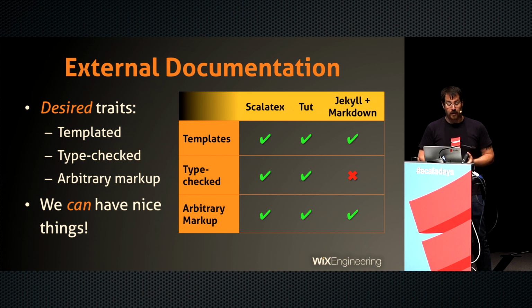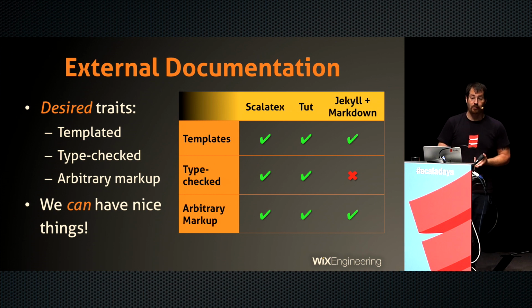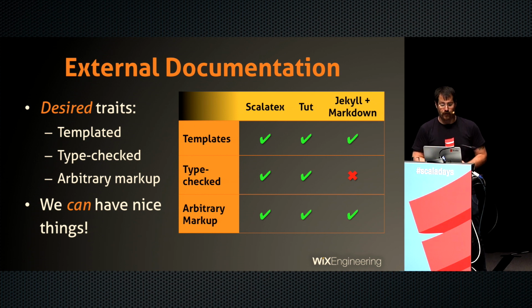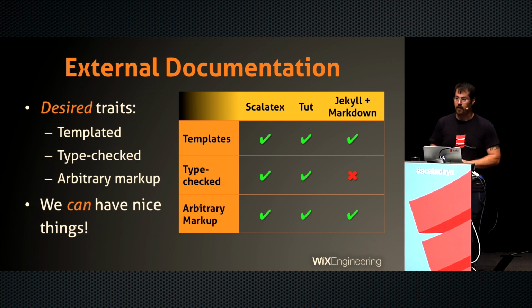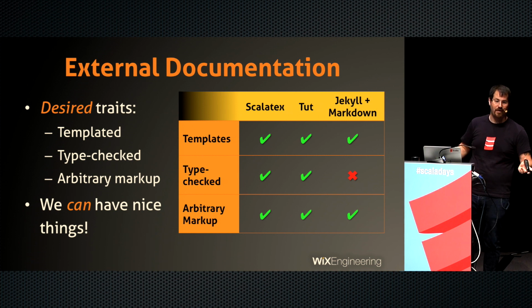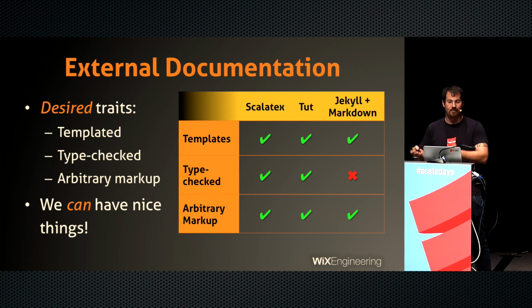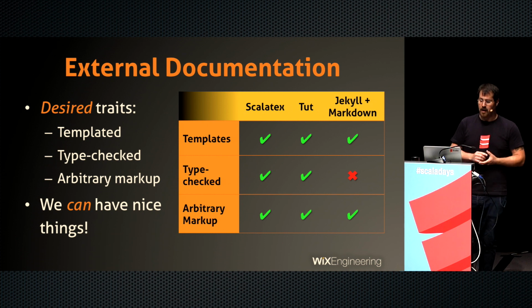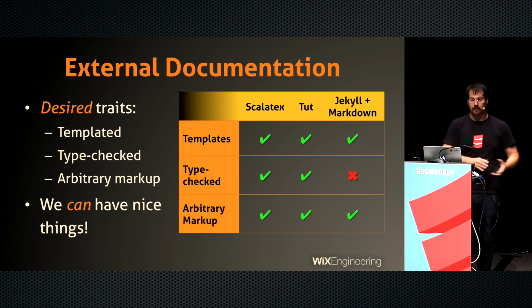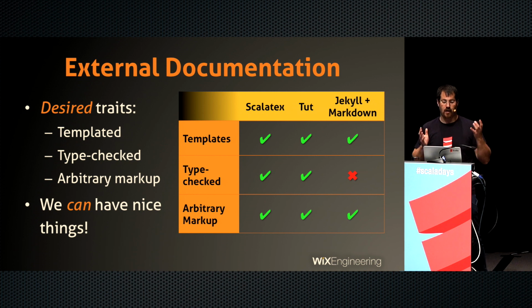All of these tools support templating. All of these tools support arbitrary markup. There are differences in the approach. My favorite among these tools so far seems to be Tut from Typelevel. And you might just use GitHub Pages and write your documentation in Markdown with Jekyll. That is actually a workable solution. My own library uses that. But ideally, I will, in the near future, move to one of these other two tools, probably Tut,